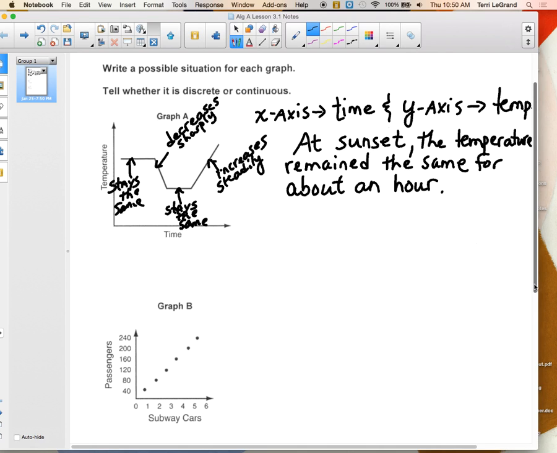A couple minutes later, the moon came out. So the moon comes out about an hour after the sun sets? Okay, so the moon comes out, we'll say came out because we were already talking in past tense. So the moon came